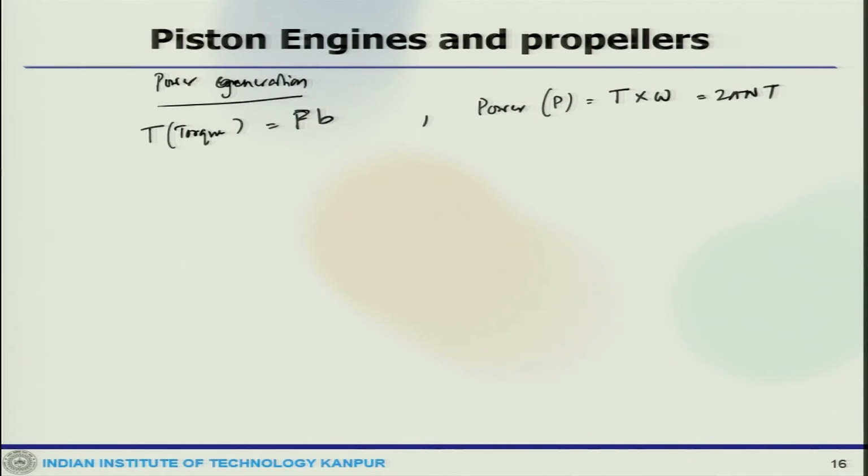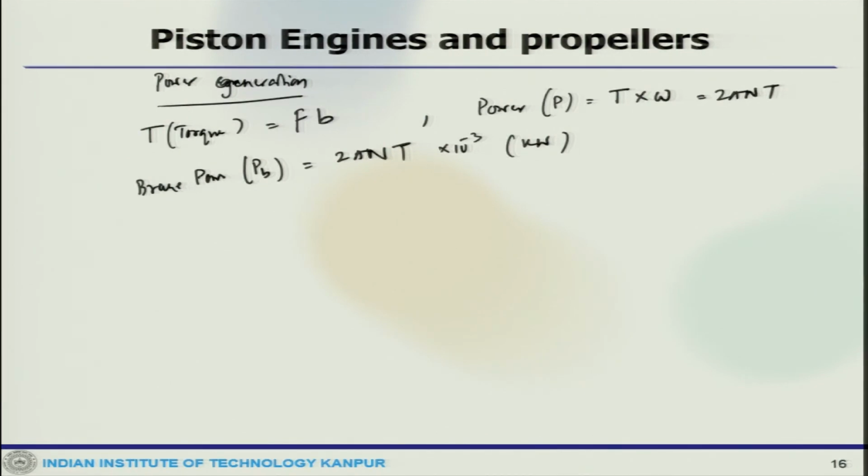So, now one can find that this is force F into B, the torque. The value of the engine power is called the brake power, which is P B, that would be 2 pi n T into 10 to the power minus 3, which is in kilowatts. So, the indicated power is correlated,